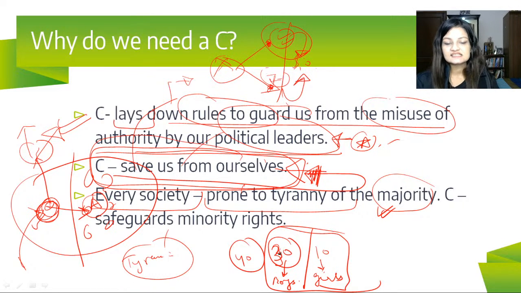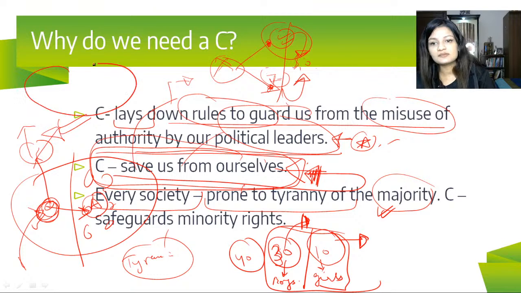40 में से 30 लड़के हैं और 10 लड़कियां हैं, है ना. तो बड़ा नंबर तो 30 लड़कों का हुआ ना. तो इसका मतलब कि 30 लड़के जो हैं वो मेजॉरिटी में हैं और जो 10 लड़कियां हैं वो माइनॉरिटी में हैं. अब इसका एक और एग्जांपल हम देख सकते हैं कि जैसे इंडिया में जो है